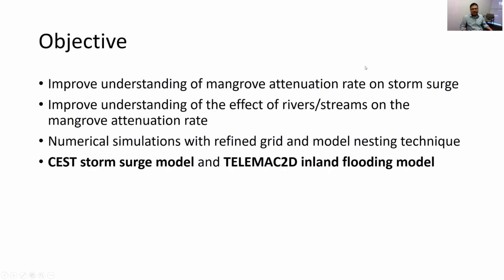The objective of this study is to improve the understanding of mangrove attenuation rate through detailed numerical modeling. We particularly consider a mangrove area surrounding a river system in order to see how much the river affects mangrove attenuation rate. The numerical modeling is through the CEST storm surge model and the TELEMAC2D inland flooding model. The CEST model is more regional and is used to provide the coastal boundary conditions for the local refined TELEMAC2D